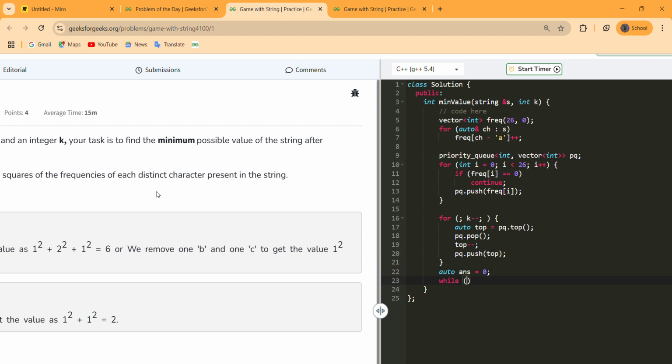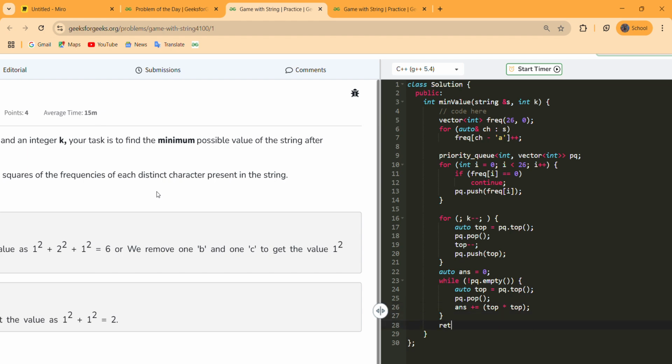Move on priority queue until priority queue gets empty. Extract our topmost element from the priority queue. Pop out that from priority queue and add the square of that topmost element into our answer.